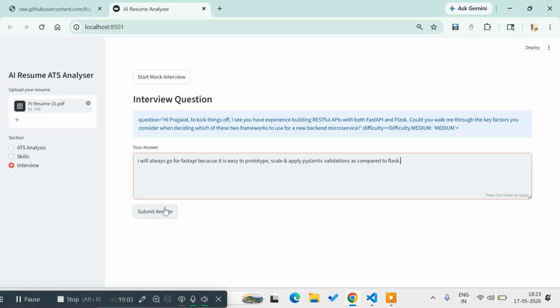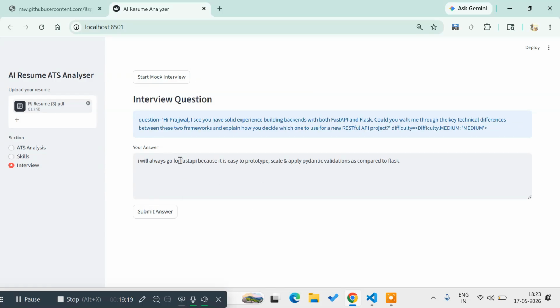If I click on the submit answer, nothing will happen. Only this answer will be appended to our answers list. Okay, because we are not doing any processing here so far. It will just be added to the answers list, but nothing will happen so far. So now the next thing that we have to do is we have to evaluate our answer based on the question. So for that, what we can do is,